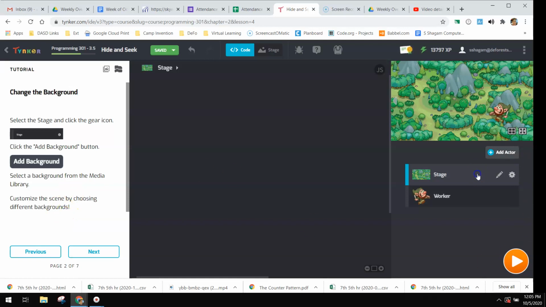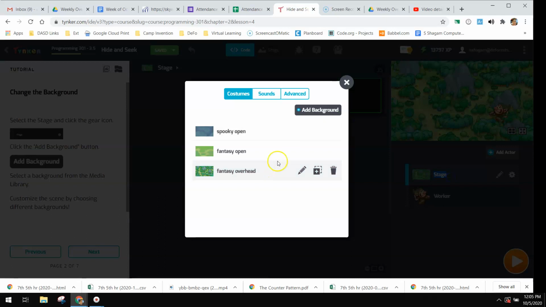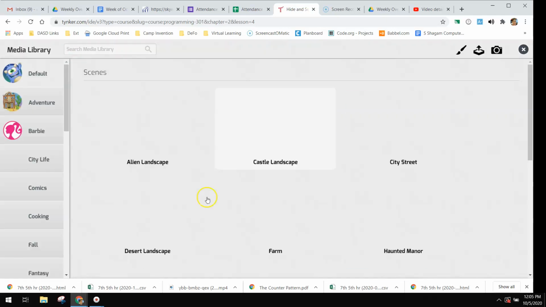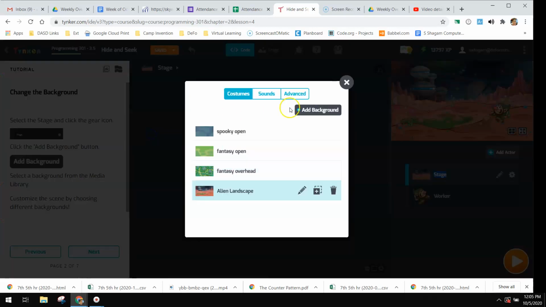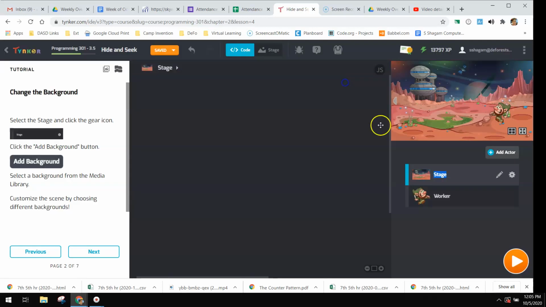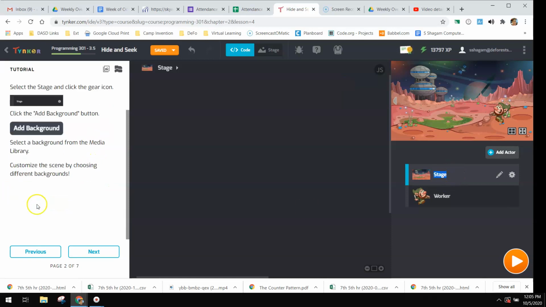So first thing you're going to do is select a stage. I am going to double click here. Let's see. I'm going to do the alien landscape. I think that's what I'm going to do this time. So I got this alien landscape,